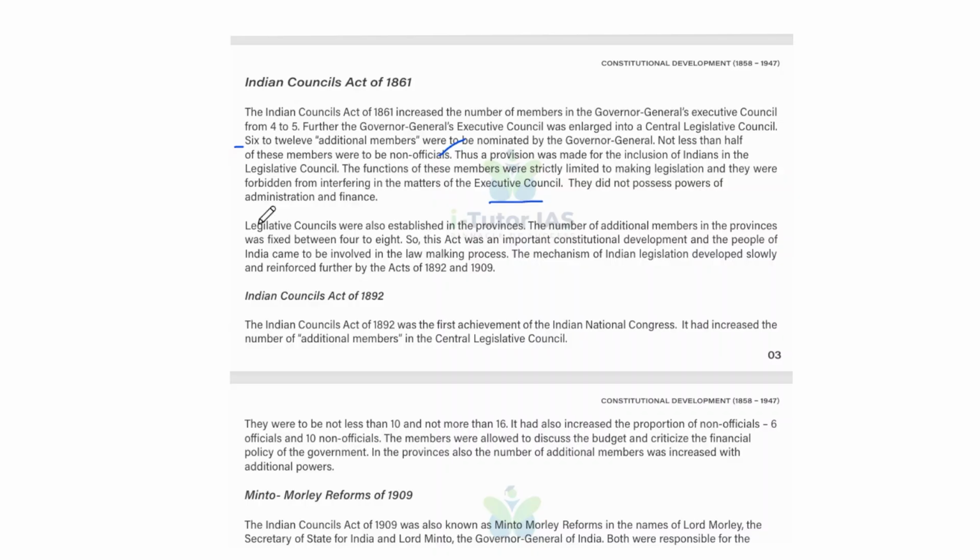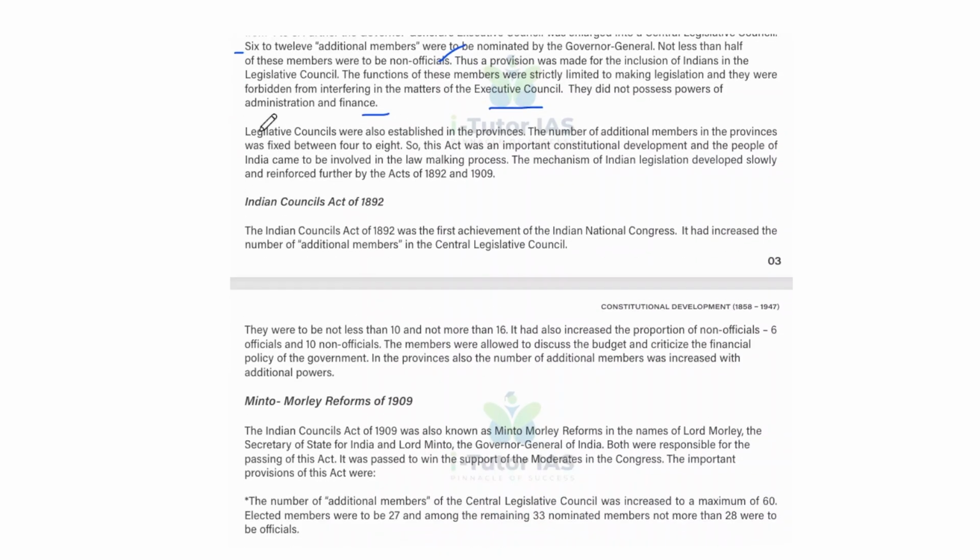So they did not possess powers of administration and finance. And the legislative councils were also established in the provinces. The number of additional members in the provinces was fixed between 4 to 8. And so this act was an important constitutional development, and the people of India came to be involved in the